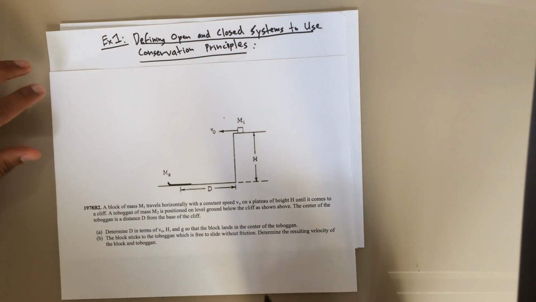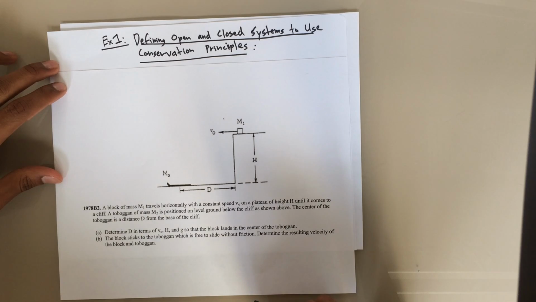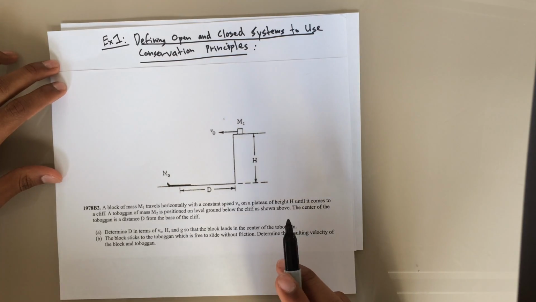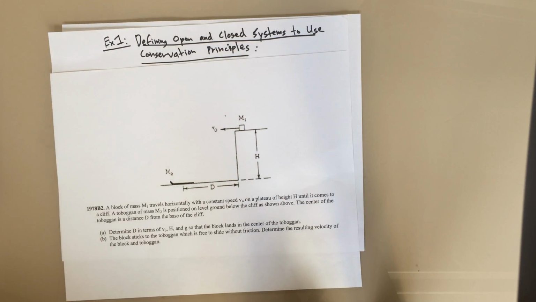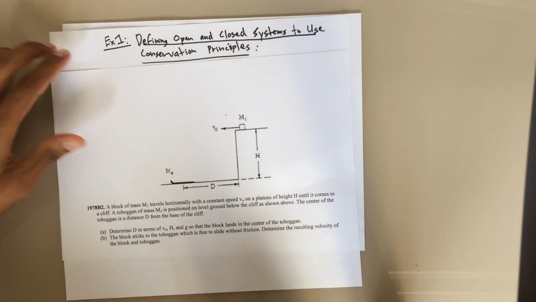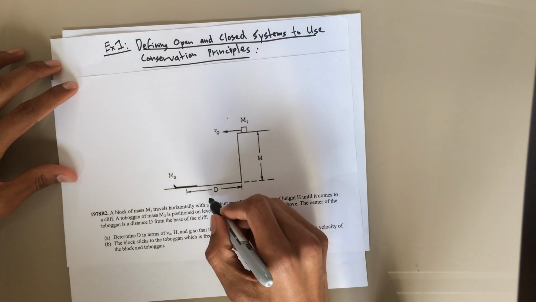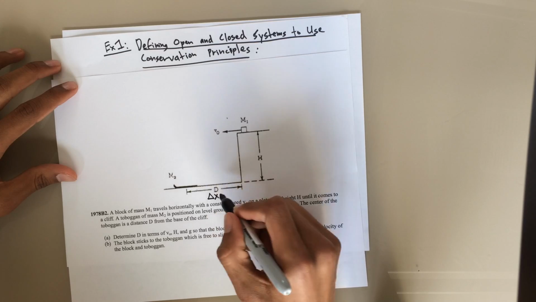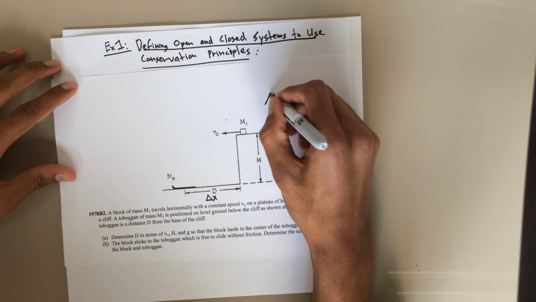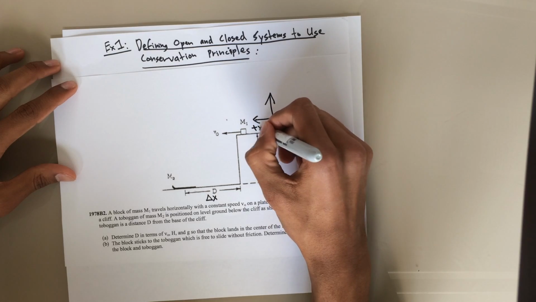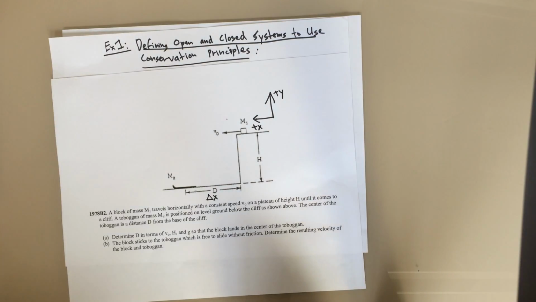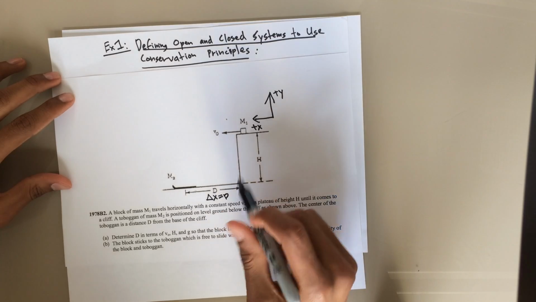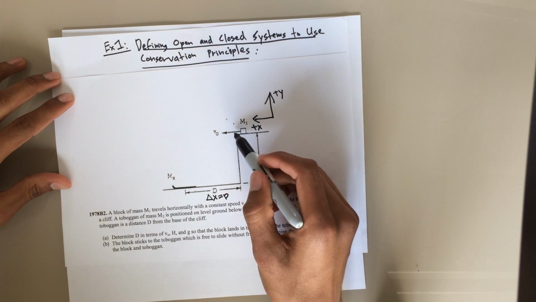So for part A, this is a kinematics problem. They're defining our distances and heights and velocities for our kinematic equations that we will be using. So this is our delta x, and then we can set our axes. We'll say the positive x direction is to the left, positive y direction is to the top. So delta x is equal to d, because this m1 is going to travel like this